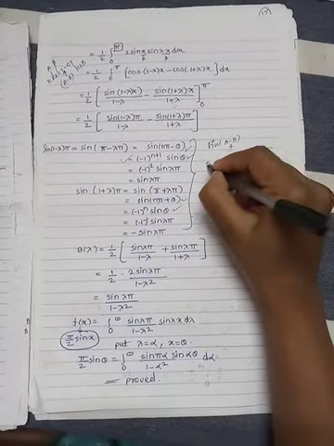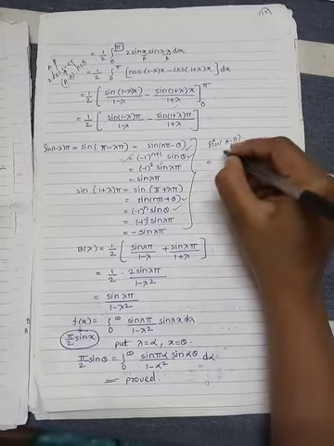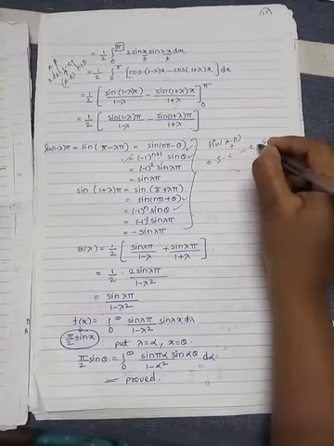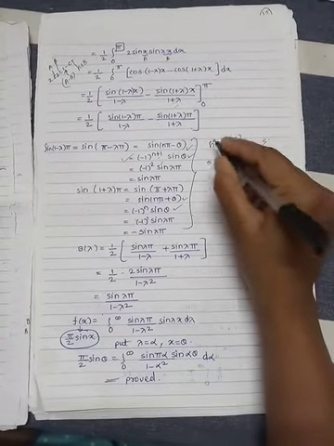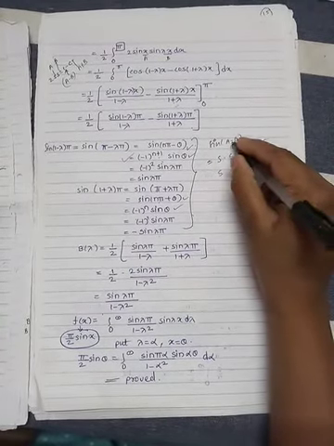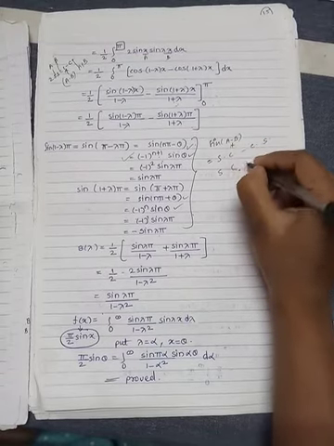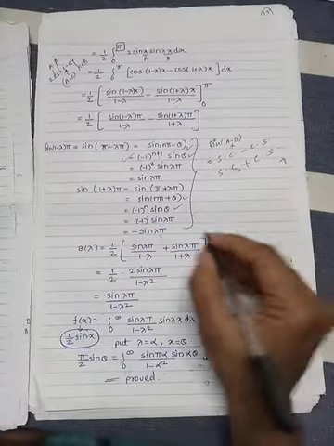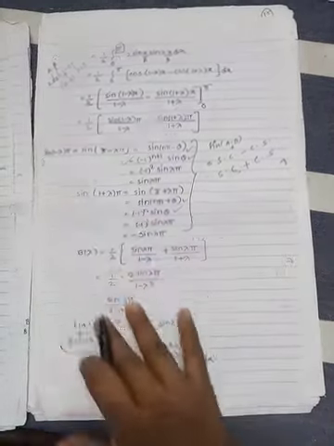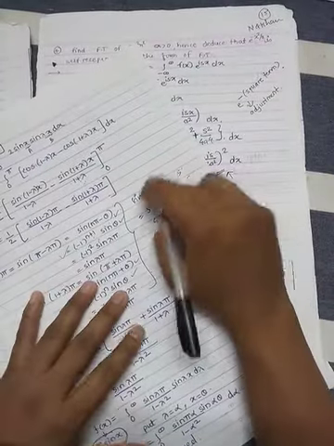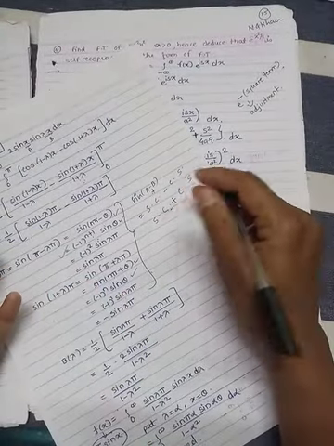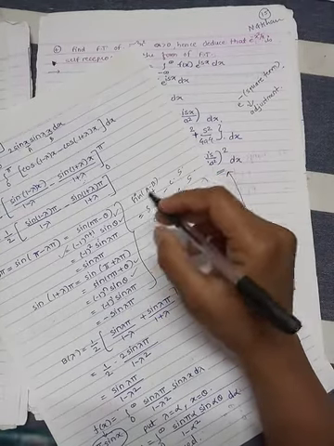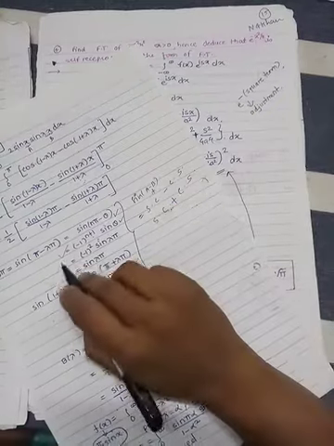Or just use your well-known formula sin(a minus b) and sin(a plus b). Sin(a minus b) is sin a cos b minus cos a sin b. First angle is a, second b. And for sin(a plus b), sin a cos b, middle term take plus sign, so cos a sin b. So here sin(pi minus lambda pi), you can use whichever formula you feel is easy for solving this term.